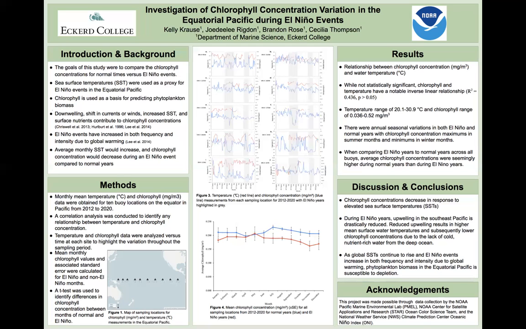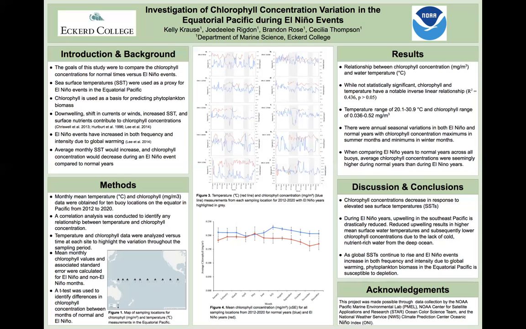So to get into the results, in general, we found a relationship between chlorophyll concentration and water temperature. While this relationship was not statistically significant, chlorophyll and temperature have a notable inverse linear relationship. We found a temperature range of 20.1 to 30.9 degrees Celsius and a chlorophyll range of 0.036 to 0.52 milligrams